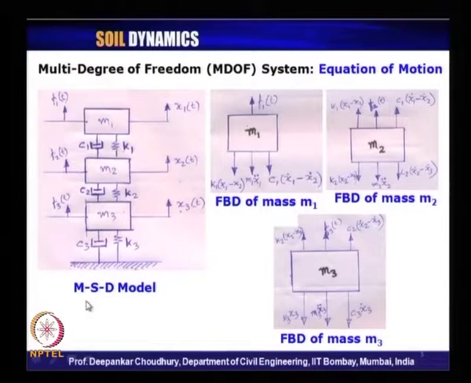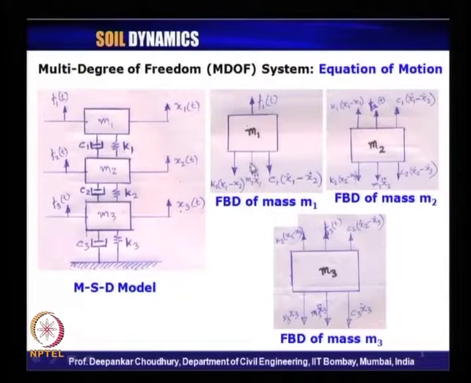system we have seen. The mass spring dashpot model for a multi-degree of freedom system, we had considered a 3 degree of freedom system with mass m1, m2, m3 and corresponding k and c values are k1 c1, k2 c2, k3 c3 and our degrees of freedom were x1 t, x2 t, x3 t, 3 degrees of freedom, and applied dynamic loads to each of the units were f1 t, f2 t and f3 t, from which we have drawn